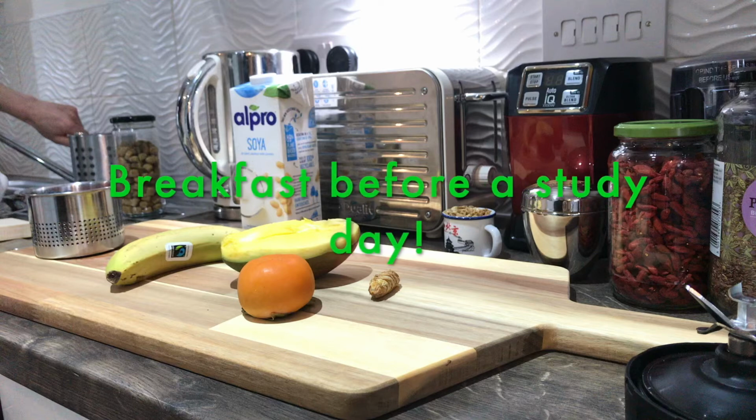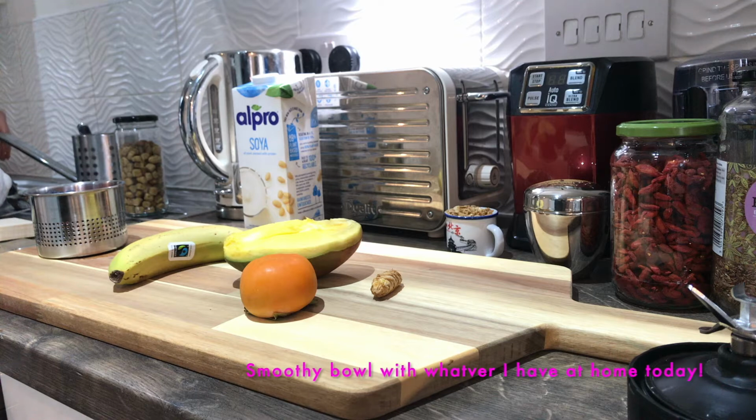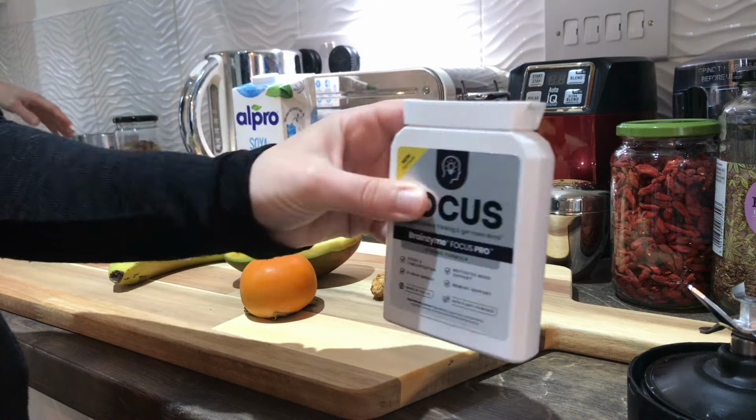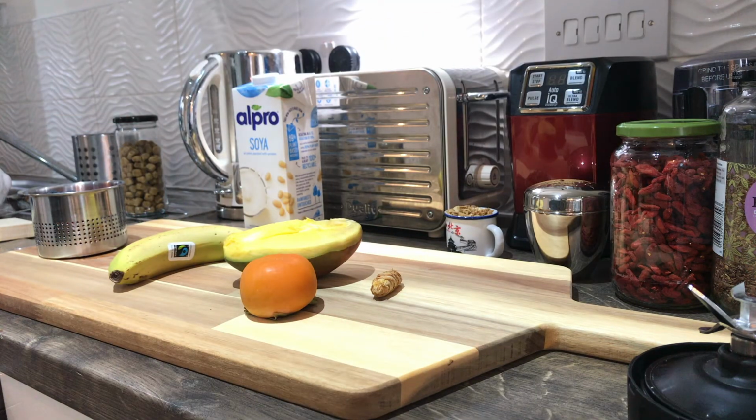Today is a study day, so I'm going to try to do a very healthy breakfast, but before anything I drink my water and get my focus brainzyme to help me throughout the day. So I do a smoothie bowl, which pretty much I just grab whatever I have at hand in my fridge,